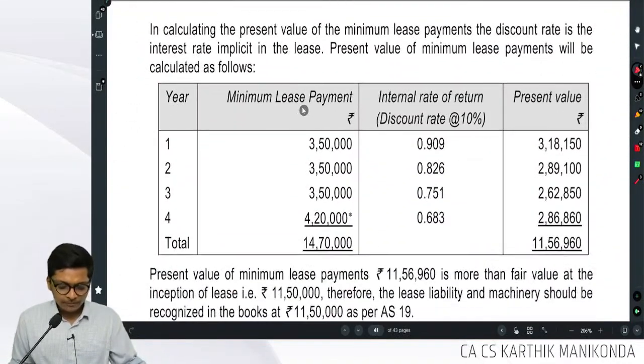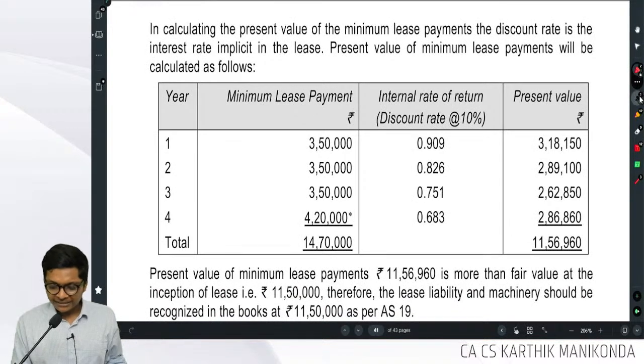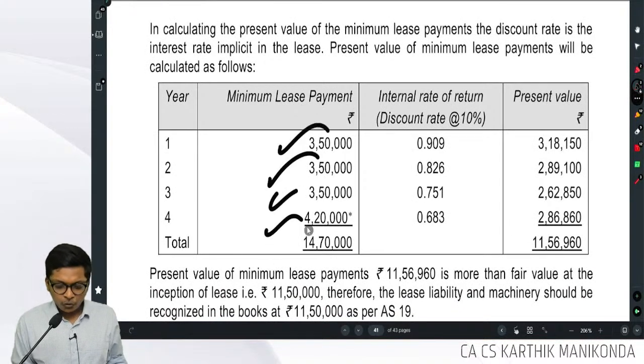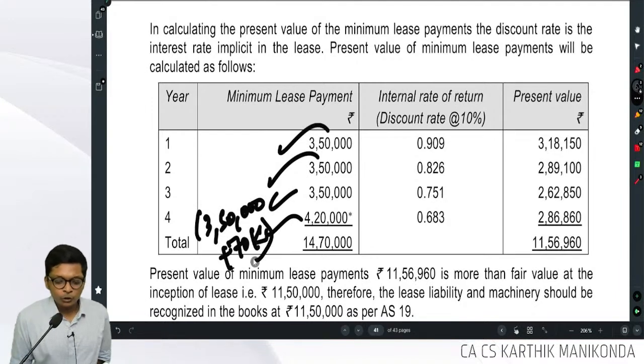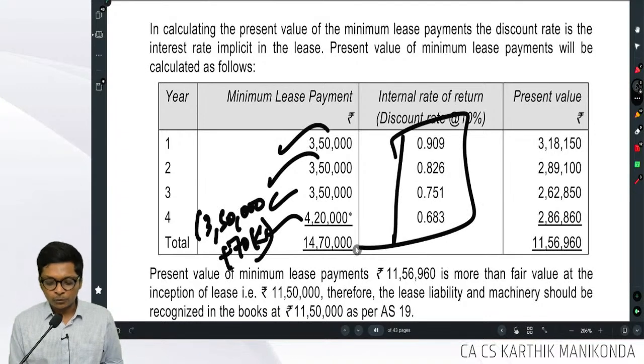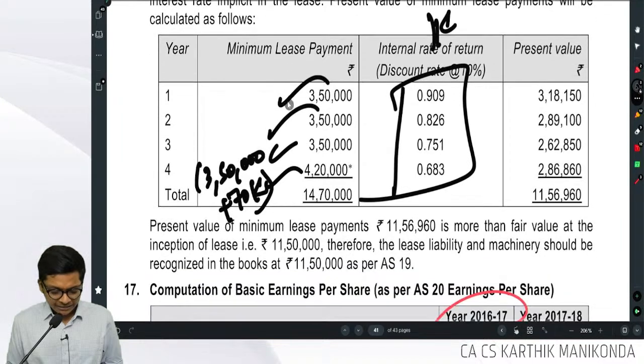If you go to the sum, the total amount I am going to pay is 3,50,000, 3,50,000, 3,50,000 and in year 4, 3,50,000 plus 70,000 of GRV, so total 4,20,000. The discount rate will generally be given in the question, the IRR rate. Find the present value. So the liability to be recognized is